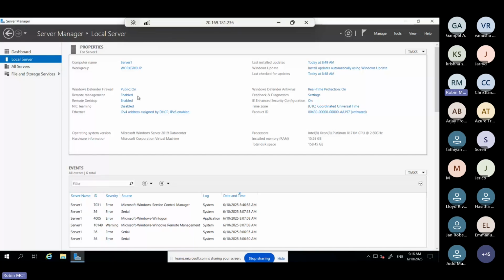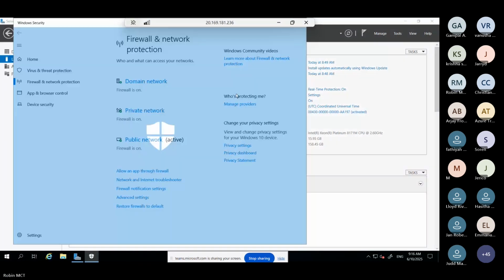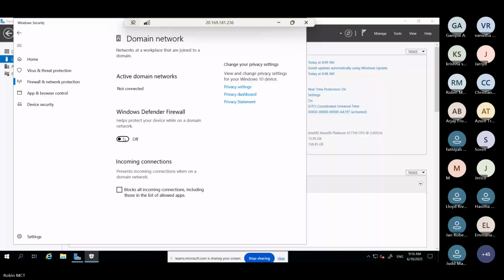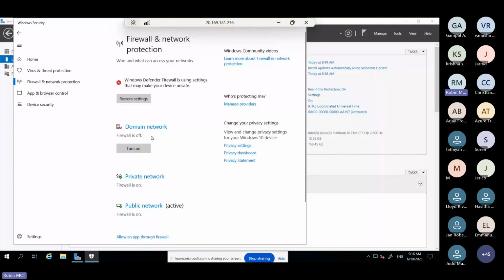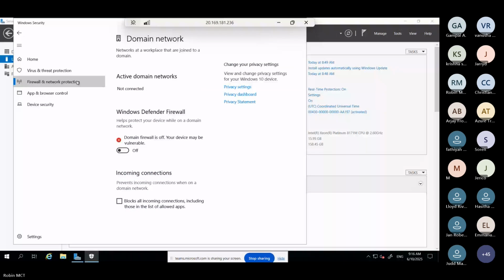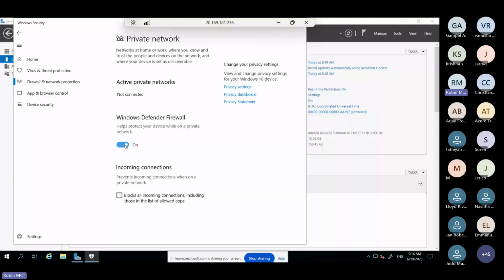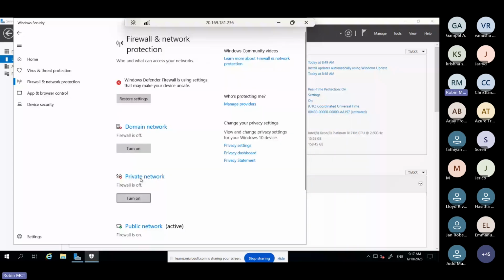I'm just disabling the firewall for testing, because I just want to show you how subnet to subnet communications are happening. For understanding that, let me disable this firewall.